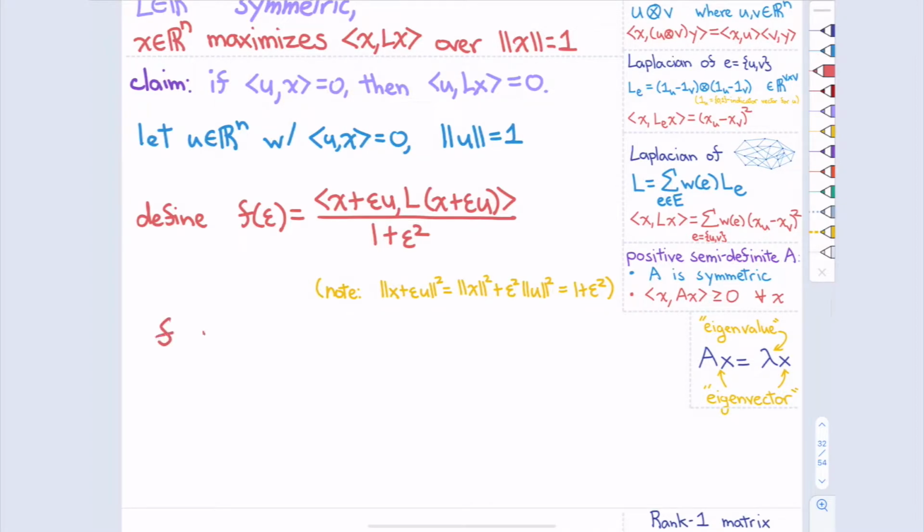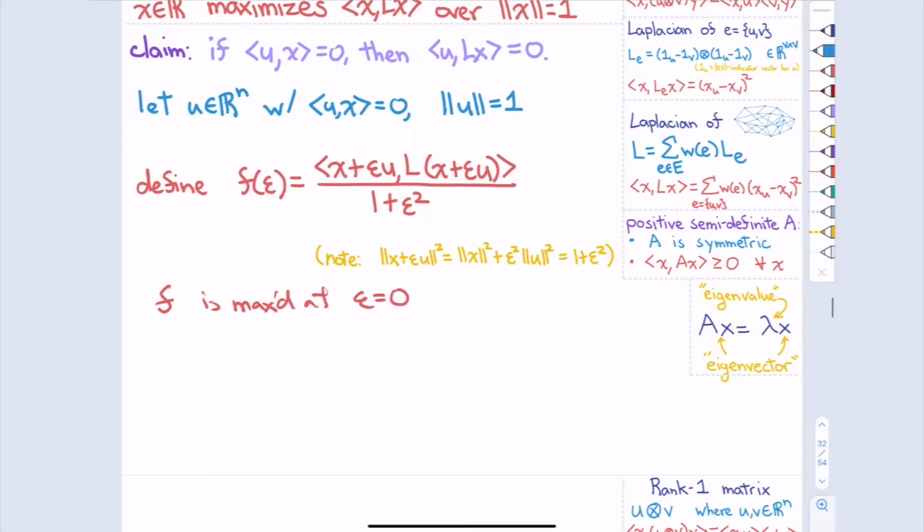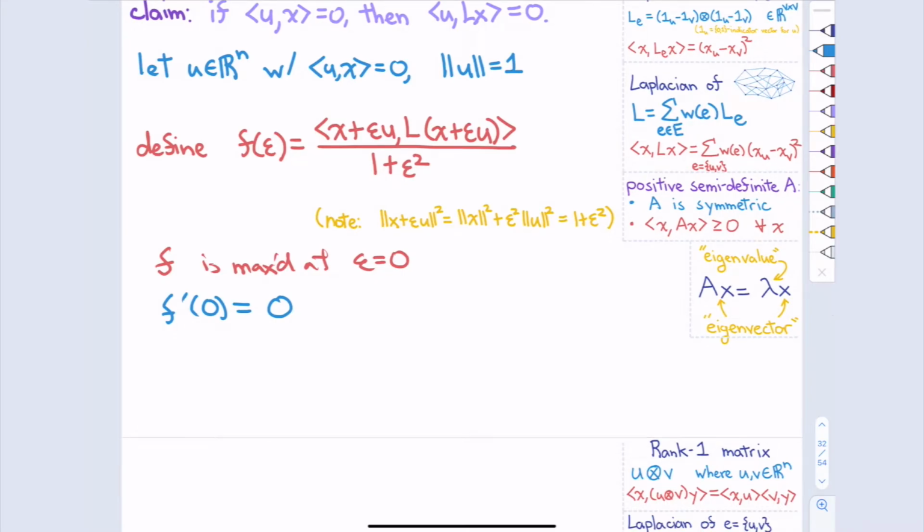So f is maxed out at epsilon equal to 0. We won't do the entire proof, you'll see why I get lazy. That implies that f prime of 0 must be equal to 0. Simple enough. This is the part that I relegated to an exercise, and it won't take too long,